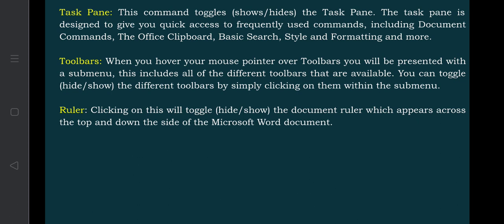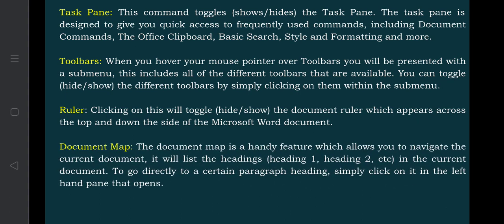That means either vertically or horizontally. For this we are using this ruler. The ruler helps as a guideline that gives the proper arrangement of the document text content. And the document map is a handy feature which allows you to navigate the current